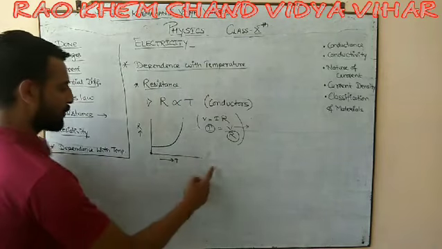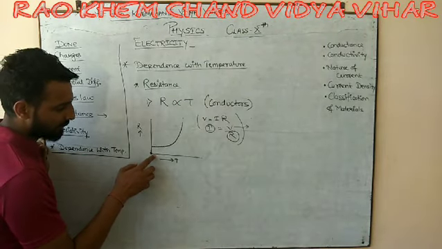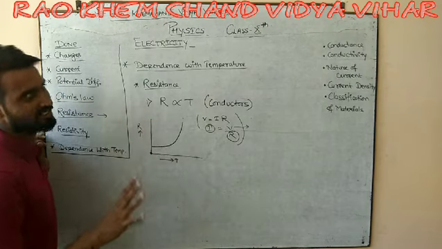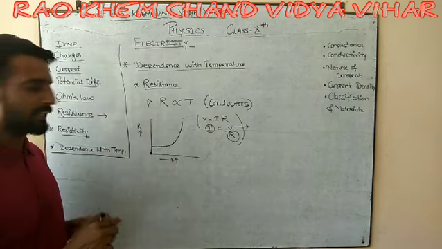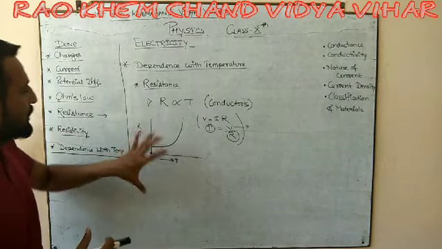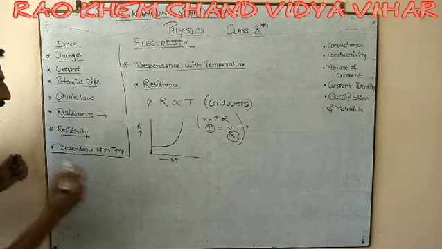So that's why when you decrease the temperature, even when your temperature is zero, at that point you should have some resistance. You will have resistance, it can't be zero. So that's why your graph should start from a little bit up on the axis. So this is the variation of resistance that we have.